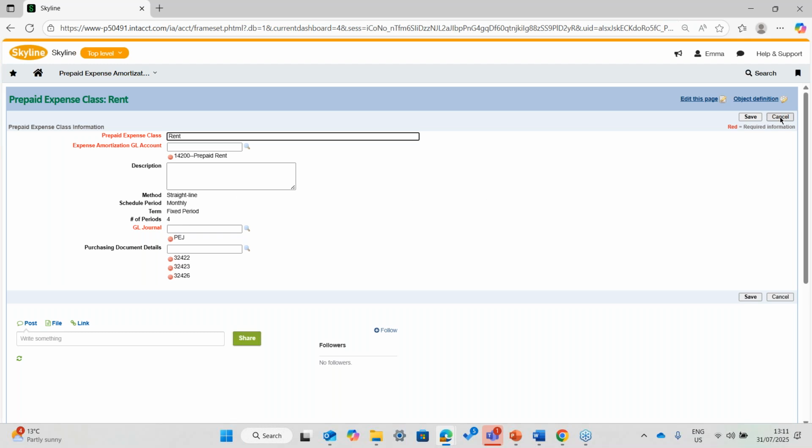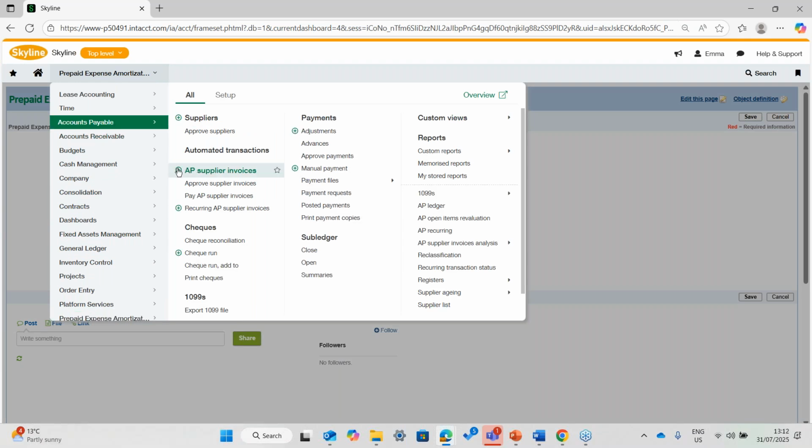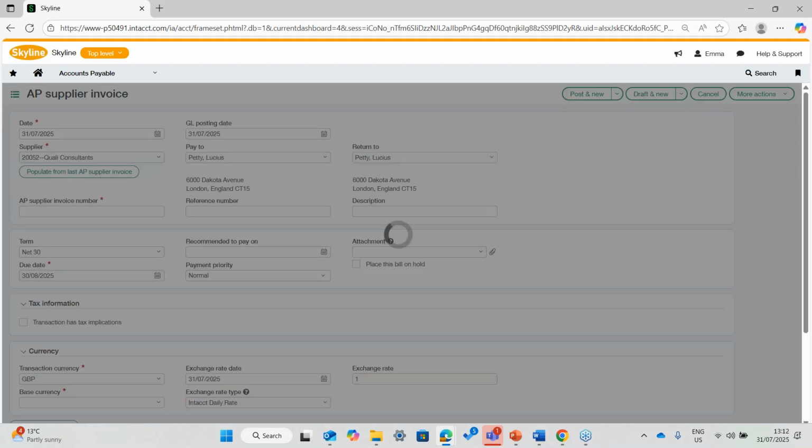So once you have the prepaid expense classes added within the system, that's when you can now add your prepaid expense. So for this session, I'm going to add an AP accounts payable invoice so that we can generate some schedules. So I'm just going to add any supplier,